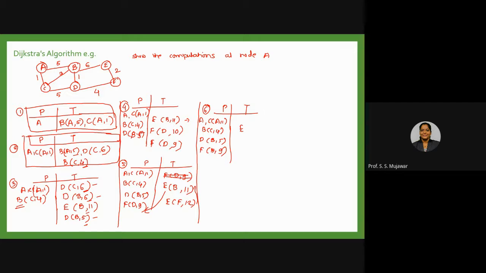और ये वाला, अब D के लिए कहाँ से पहुंचोगे? We need to go from this, no? This one value. So this will be 10. 10 plus 2 12. Okay, that way. So E, okay, now I will be selecting this E, B comma 11, shortest one जो है वो. So here all values are done. We have visited all the nodes. So we have this last table.